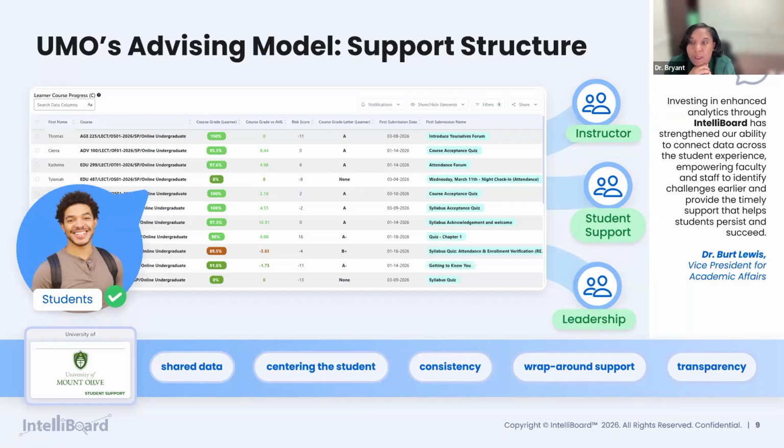So let's just take a moment and focus on our online structure for the advising model. With UMO Online, we built a model that intentionally connects our enrollment and our retention efforts under a shared leadership approach. We have a single director of enrollment who oversees both the incoming students, which is our admissions, as well as the ongoing persistence, the retention piece.